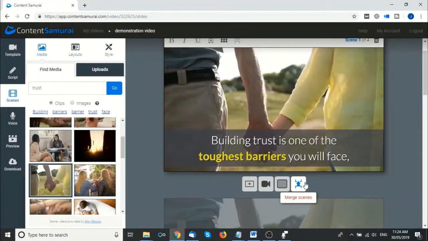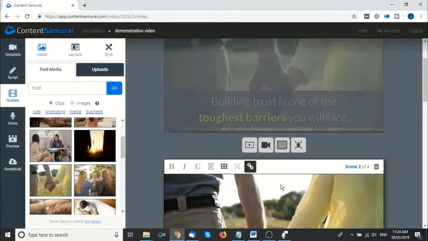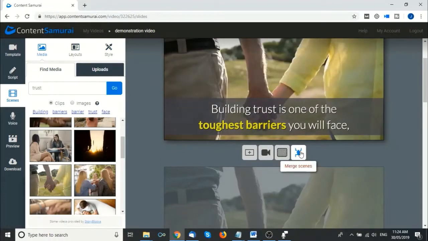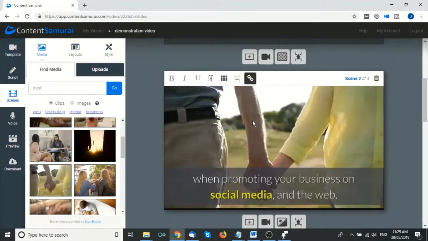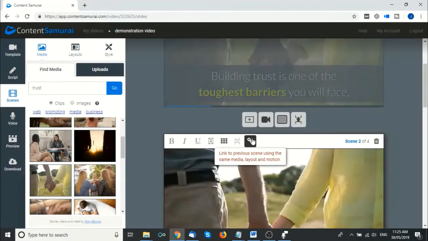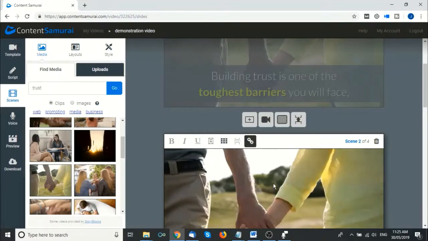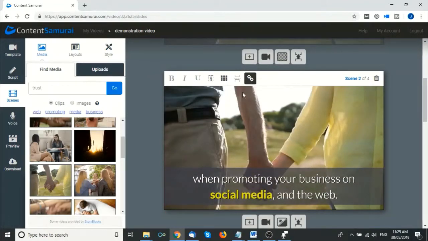If I wanted to get rid of one of the slides, if I felt that it was unnecessary to have the following slide, I could just click on merge slides and it would actually merge the two slides together. That's another feature. Now at the moment these slides are linked, you can see by this button, so it actually uses the same background image, video and the same layout. Now if I want to, I can unlink that by clicking on that. Actually I need to select another video first, so I'm going to